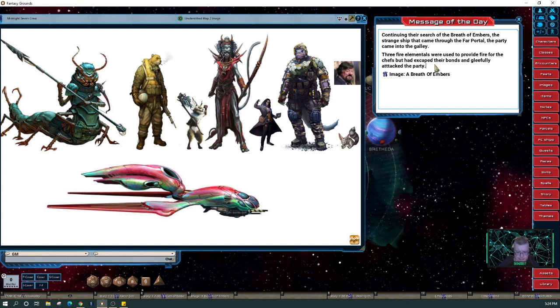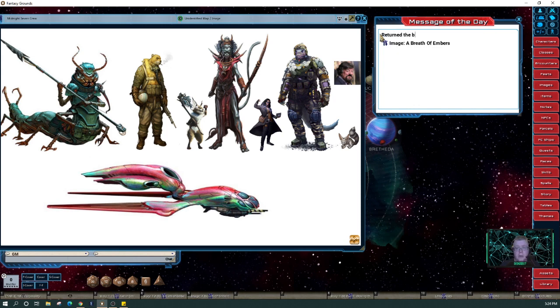So they returned the Breath of Embers. Well, they didn't return it. They brought the Breath of Embers to Far Portal Station. Rested for the night after answering a lot of questions from the scientists. Headed through the drift